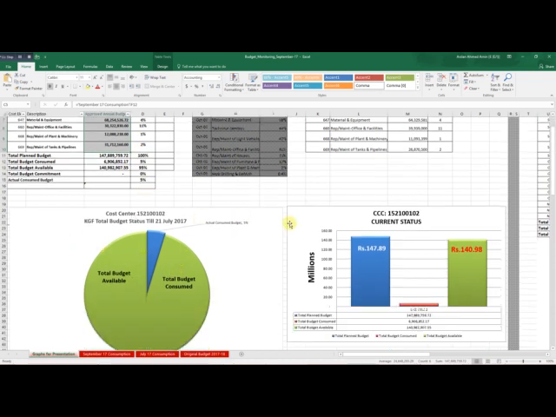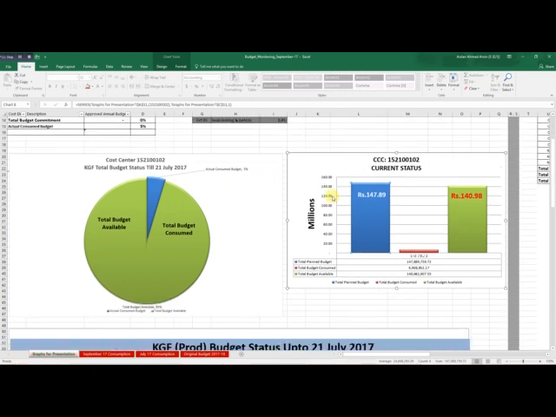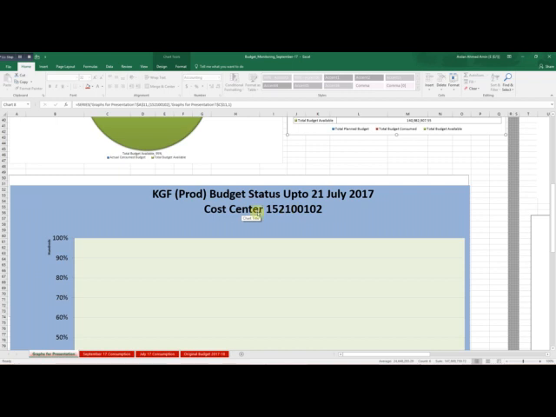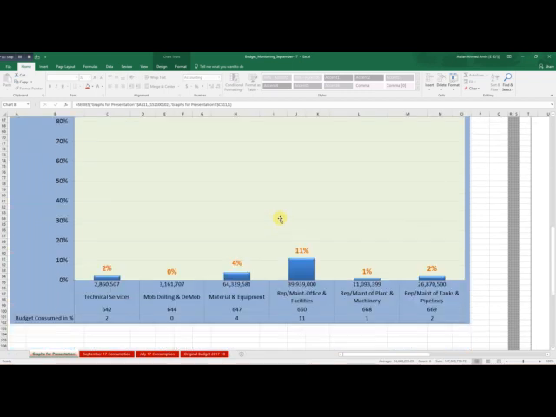Further, I can also make a chart like this: this was my approved budget, this is my consumed budget, and this is the remaining budget. So these graphs are for management and reporting purposes. Also I have this graph showing my cost center and the relevant cost element groups, and how much percentage of budget has been consumed by each section so far.